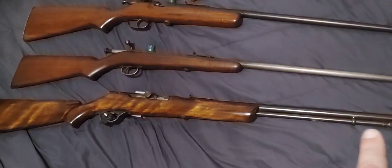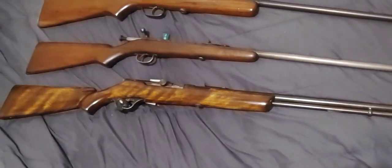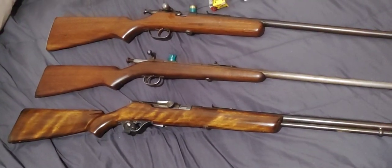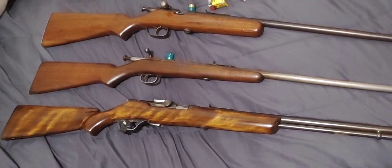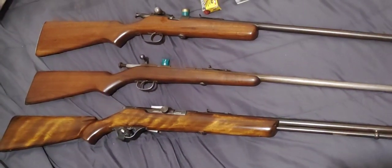There's one teeny weeny little spot about maybe a half an inch or so from the muzzle, a little dark spot where maybe some water might have settled at one time or some surface rust, and we cleaned it. Rifling is still there, but it doesn't affect the accuracy whatsoever. It still shoots little tiny groups. So other than that,